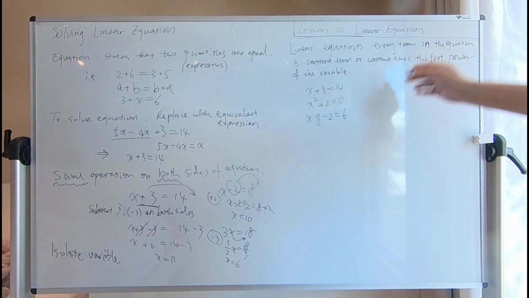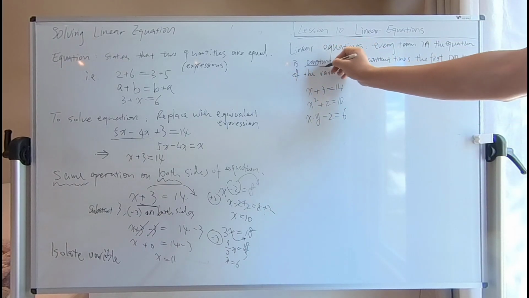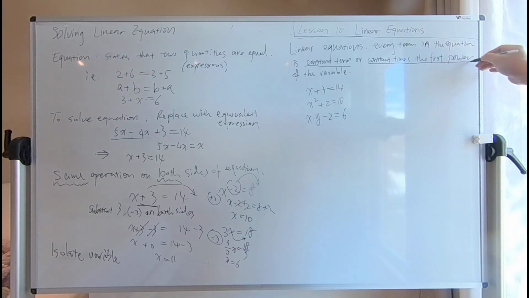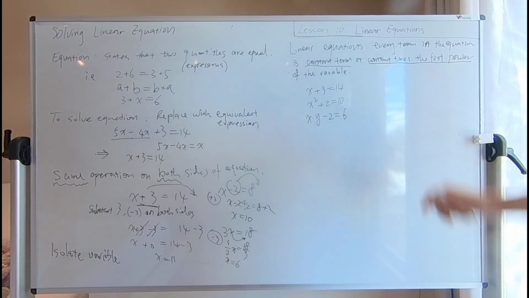Okay, so basically here contains two things. Either it's a constant term or it contains a variable that is multiplied by a constant and with the first power only. So if we now examine this again,